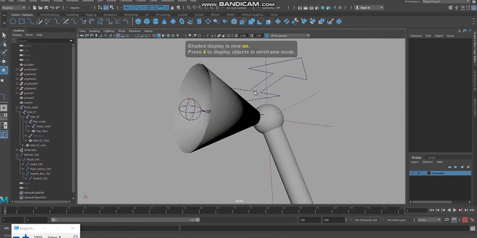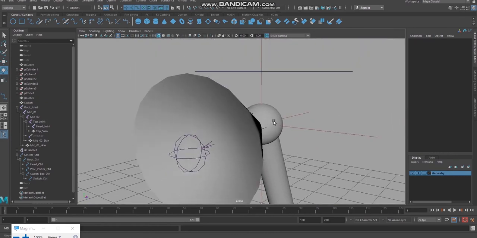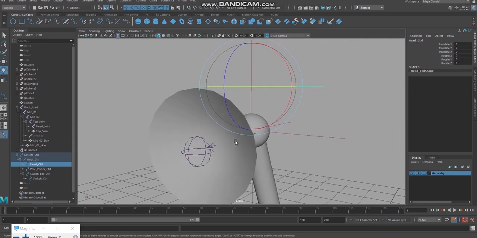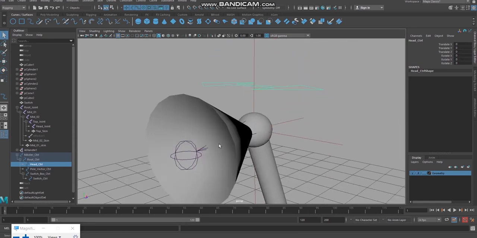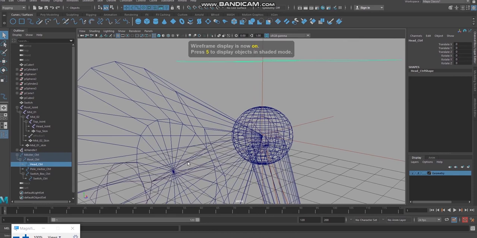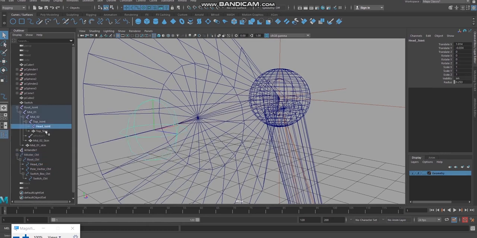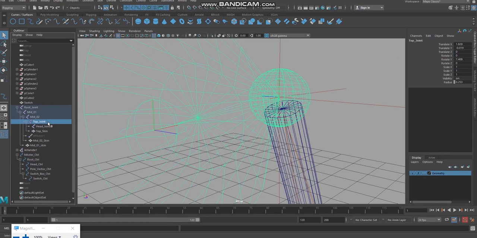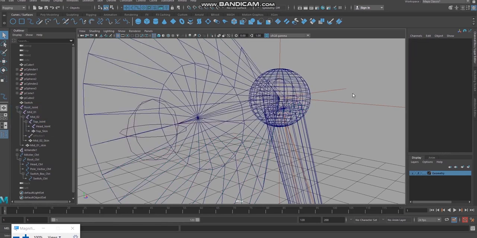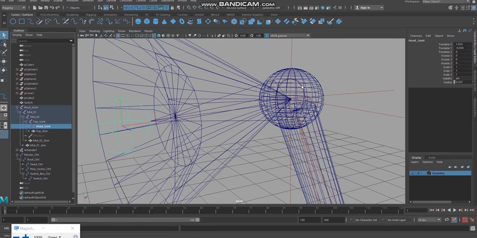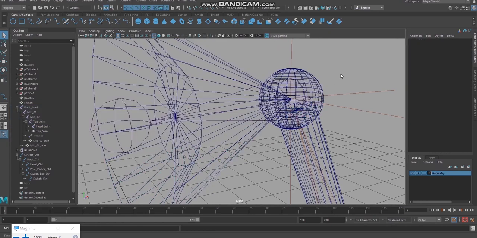So I'm going to select the head control, then shift select the bones. I cannot find the bone here properly, so I could select somewhere on the head joint, the top joint. But if I select the joint there, this joint will also get selected, so the influence will be confusing.